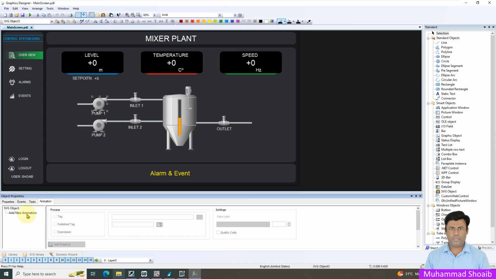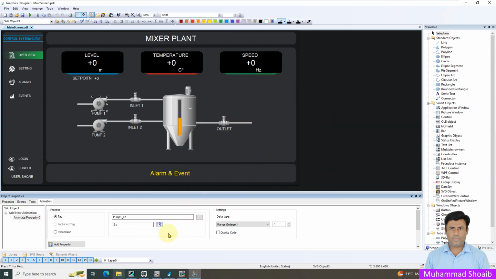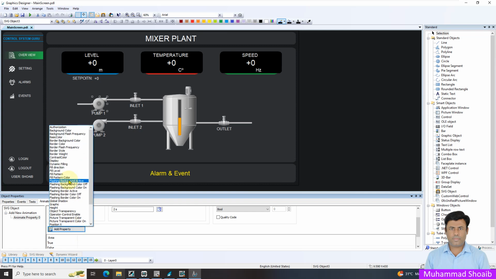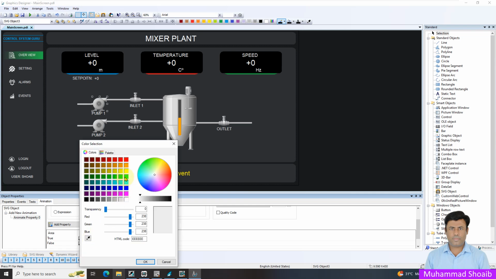then come here the animation and double click here to add a new property. Then select your tag, suppose pump 1 feedback, and then boolean data type, and here add a basic color, and I just want once it's now it should show normally green. If you want to change some other color for zero state, false state, you can put it, but for my case I will just keep it the same color. And once the value is true, then it should change the color. Suppose I will put the green color. Once it's on,